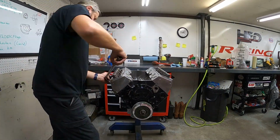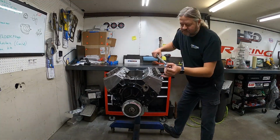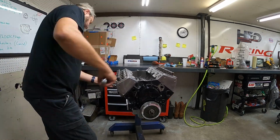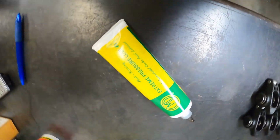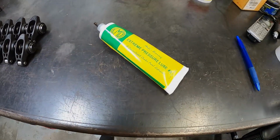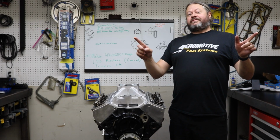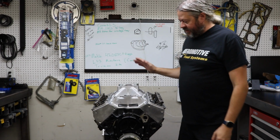Extreme pressure lube. Exactly 1, 2. I tore the beds down. All right, extreme pressure lube, exactly 1, 2. So anyhow,